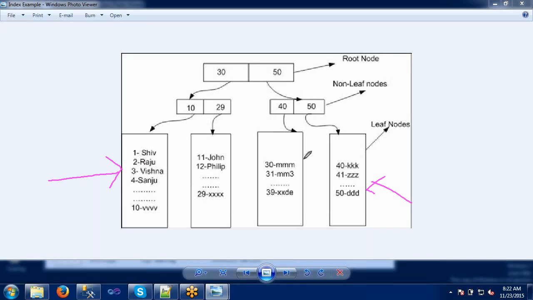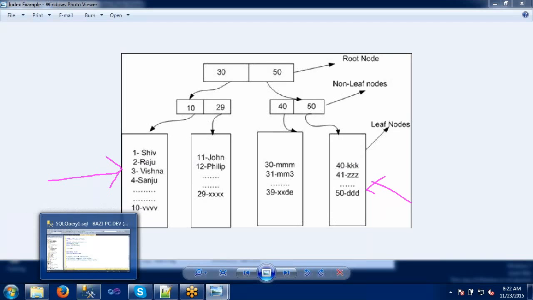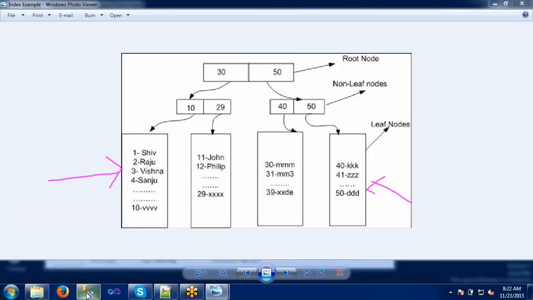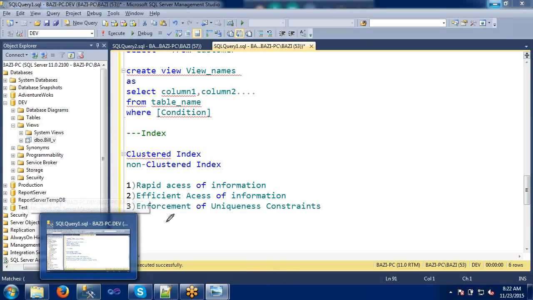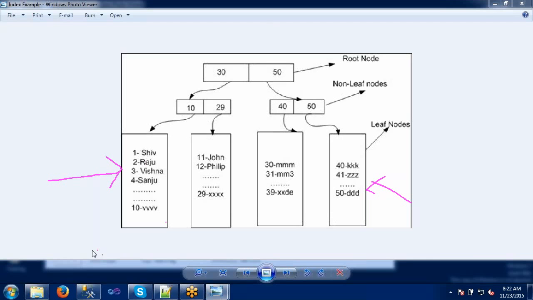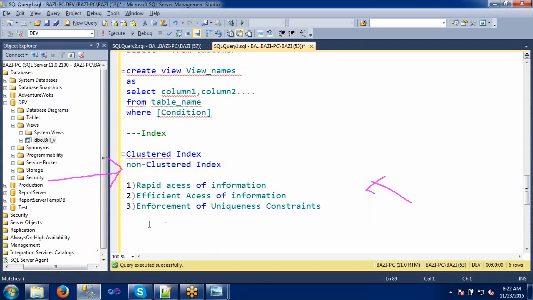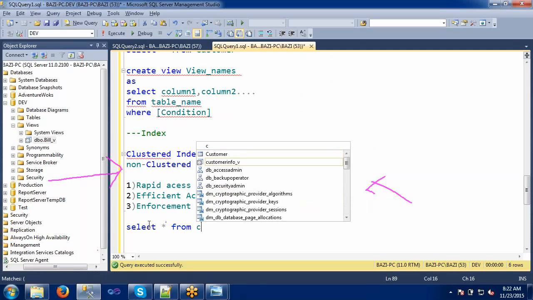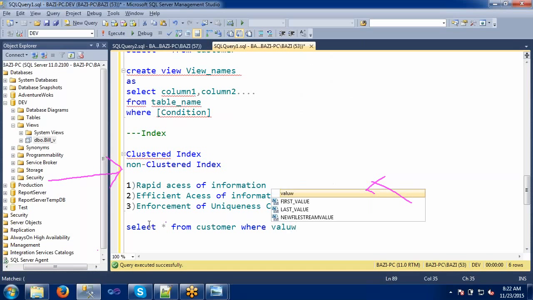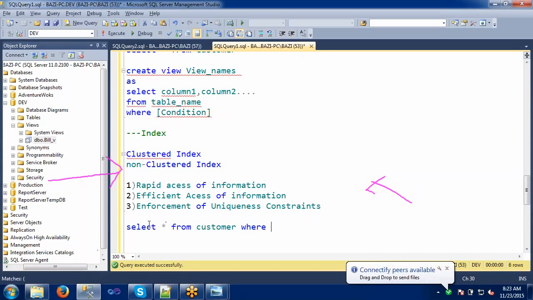Now, how will the index be traversed if I select something? Let's say I write a query like this: select star from customer table where cust ID equals 10.